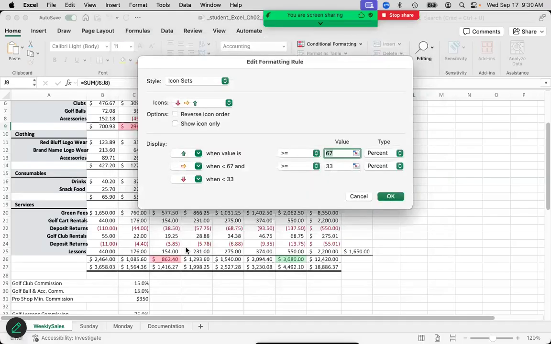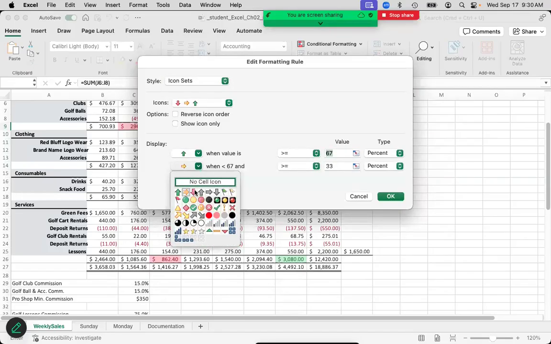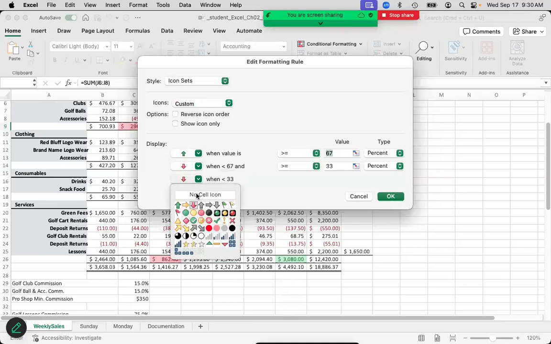And the reality is our sales cannot fall below 0. As a result of not being able to fall below 0, it means that I only need a green and a red arrow. So I'm going to change the yellow icon here to red, and then I'm going to change this to no cell icon. The book's not very clear on what the meaning of this is, and so I'll be clear once we set